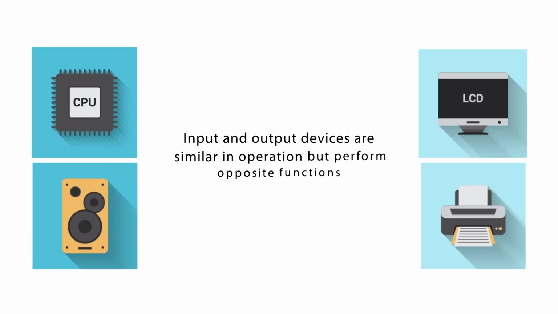So IO devices are very similar in performing operations, but they perform opposite functions. Input devices take input from the user, and output devices provide the result to the user. It means after processing, whatever we are getting will be provided to the output device. That output device may be used to store in some storage device, or you take a printout, or you view it on the monitor, or you can use a plotter to plot a diagram.